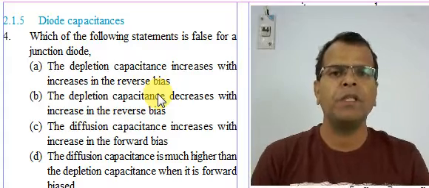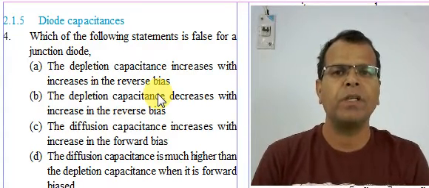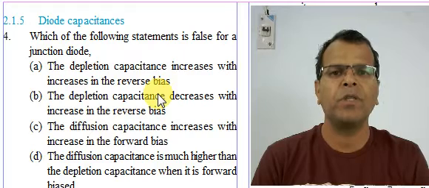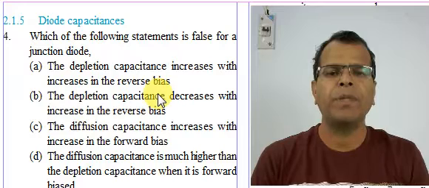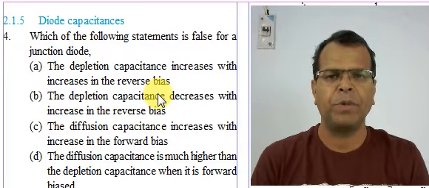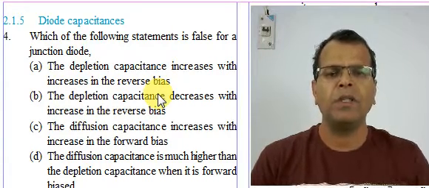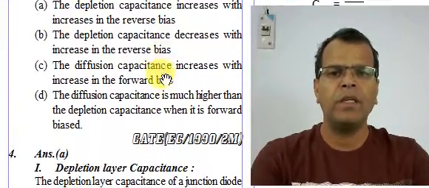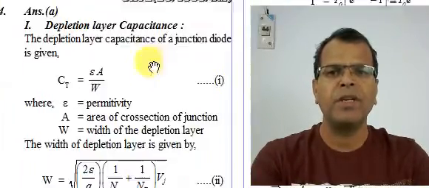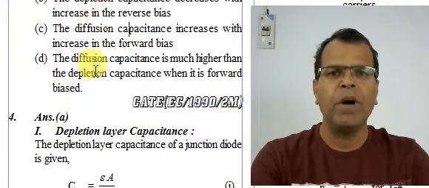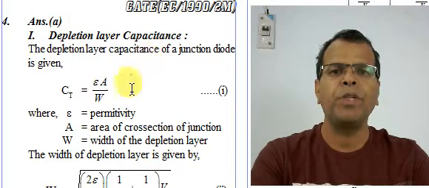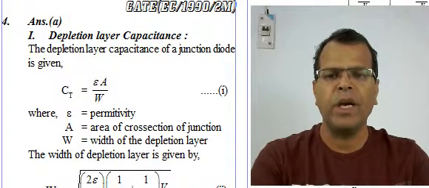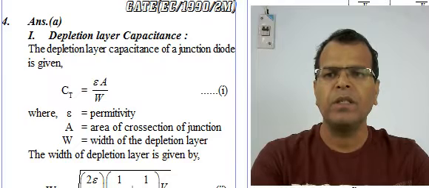Remember the depletion capacitance, if you remember, what was that? Depletion capacitance is nothing but the capacitance across the depletion layer, that is epsilon A by W, if you remember the expression. I'll go directly to the solution part so that you can understand the relationship between the biasing voltage and the capacitance. The transition capacitance, that is the depletion layer capacitance of a diode, is given by the relation epsilon A by